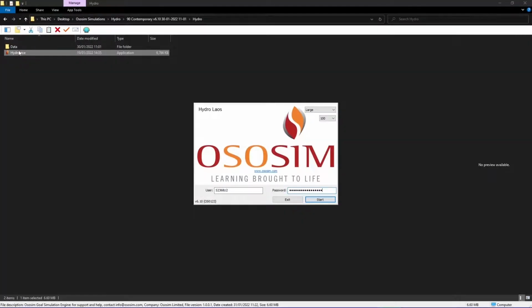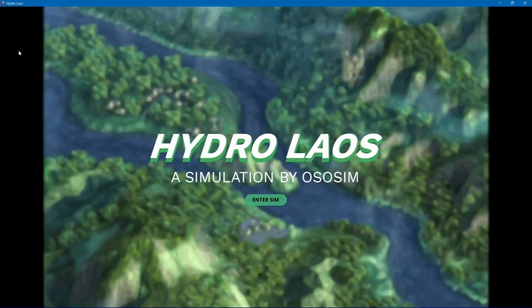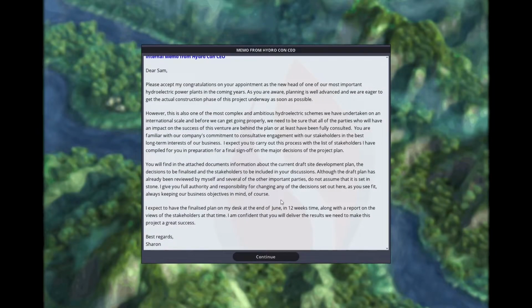On the simulation login page, you must input the username and password provided to you and then click on Start Simulation. When you enter the simulation for the first time, you will see your assignment memo. This provides the same information that you received in the pre-reading. It describes your role as Sam Gray, in charge of the construction of a hydroelectric power plant in Laos. Your mission is to finalise the details of the site development plan, in consultation with a wide range of stakeholders